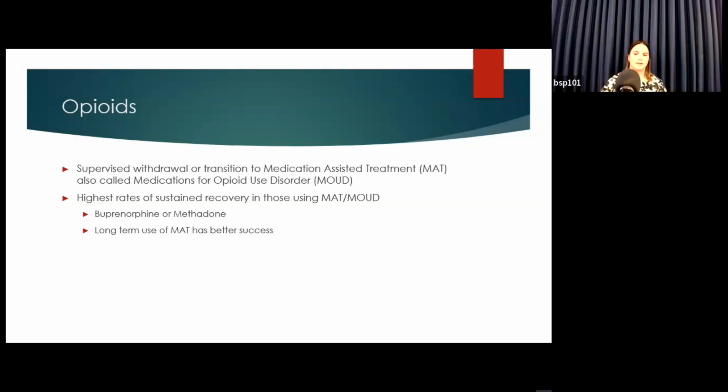The reason we need to be offering those to everybody is because that's going to be their greatest chance of success. People who do go through withdrawal and are not put on maintenance medications have really high risks of relapse. And because they have a period of time where they don't have opiates in their system, when they go back to opiate use, they have a high risk of overdose because they're no longer habituated to having opiates. So switching people to medication is what we should be recommending as our first line.